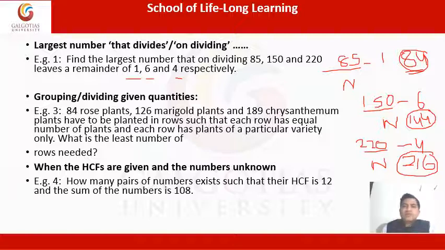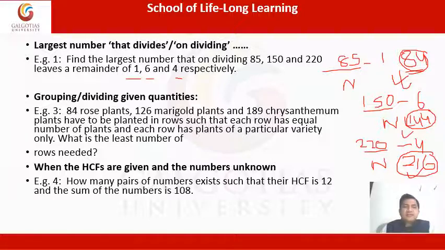Now I want the maximum possible number which will divide 84, 144 and 216, which is nothing but the highest common factor of 84, 144 and 216, correct? Yes or no? So this work I'm leaving on you. Find out the answer from your side. I have already discussed how to find HCF. I'm just saying that it boils down to finding out the HCF of these three numbers, correct? Okay, let's take another one.